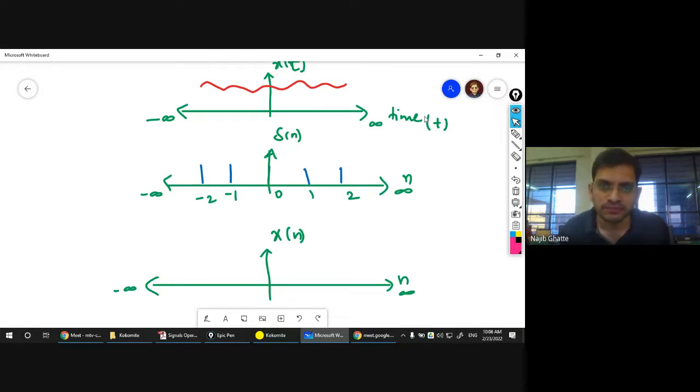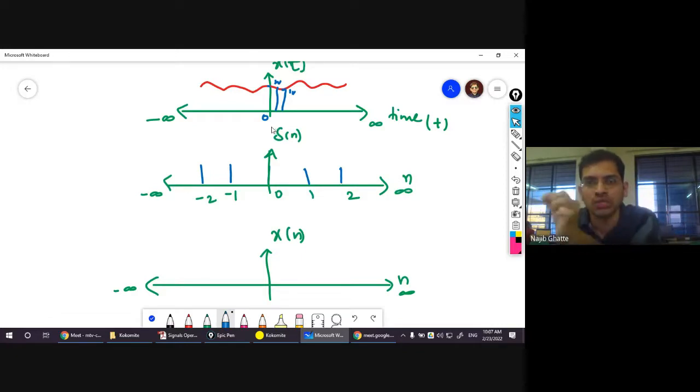Now, what is the meaning of this? You can see the first image over here. The first image is a continuous time signal. I have taken a song, and here I have shown its continuous time signal representation. This shows that at every instant some value is available. If I ask you what is the value at 0, you will say it is somewhere around 2 volts. What is the value at 1? You will say near about 1 volt. What is the value at 0.5? You will say some value is available. What is the value at 0.01? Some value is available. At 0.00001, at 0.0000015, the value is available because it is a continuous time signal.